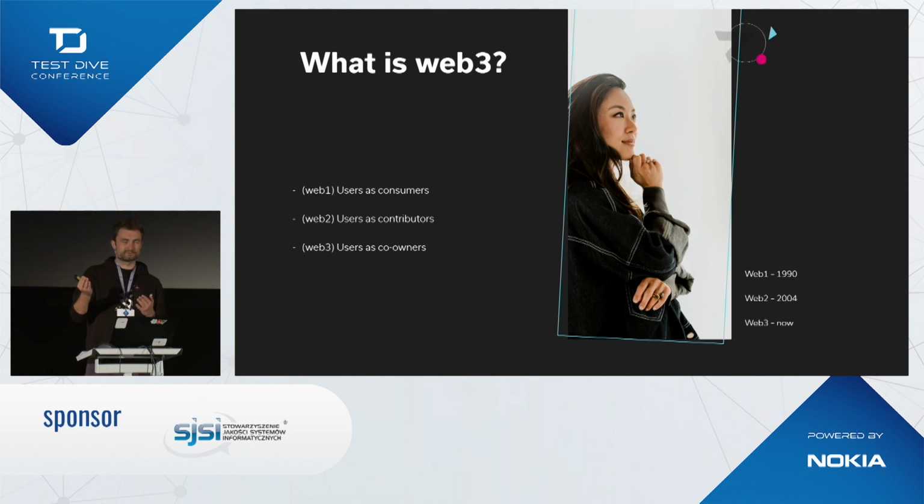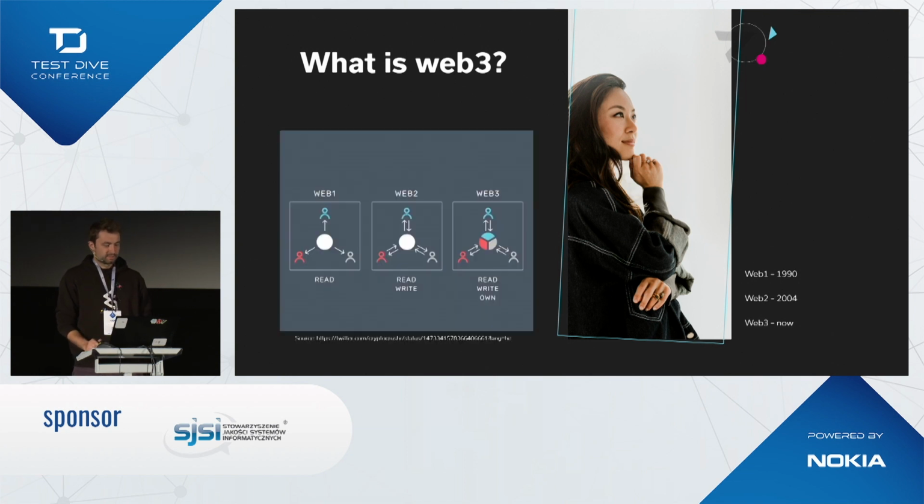For example, some of you need some service. I can provide it. So you get a service, I get some reward in the form of tokens, and someone who brought you to me also gets some tokens. Everybody wins. Here this little picture explains it pretty well: Web 1 was about read, Web 2 added writing to that, and Web 3 adds ownership.